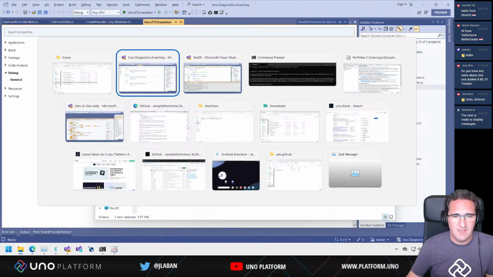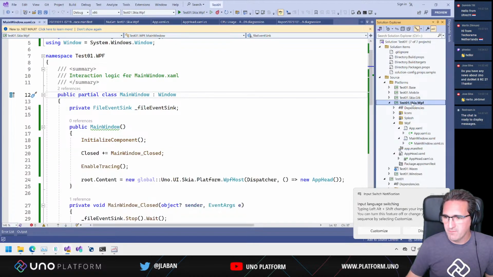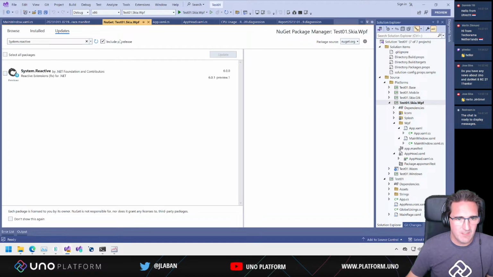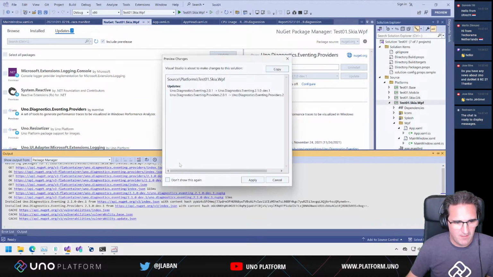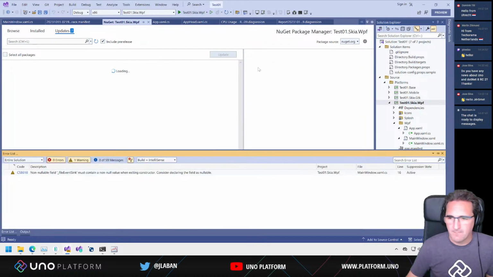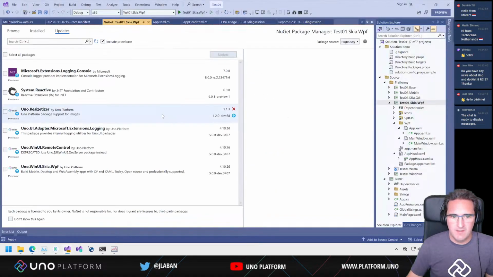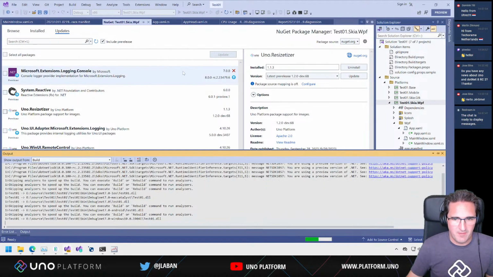Let's see. So there's a preview version of the package that we were using. Maybe that's one that we can take a look at. So that's System Reactive. Okay, so there's a 2.1 dev one. So I don't know if there were many changes there, but let's try it anyways. And let's see if we restart. Oh, actually, I should be removing the stop there, but